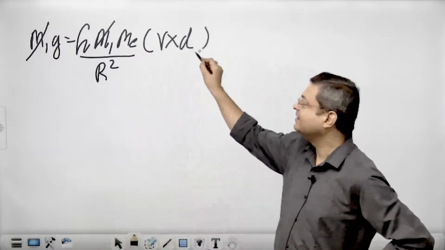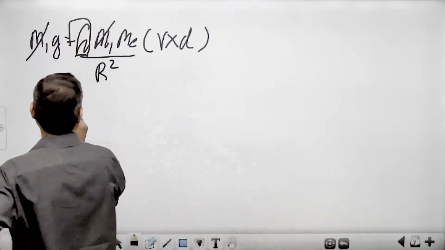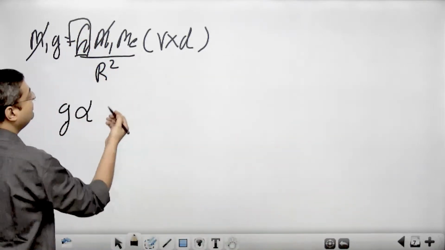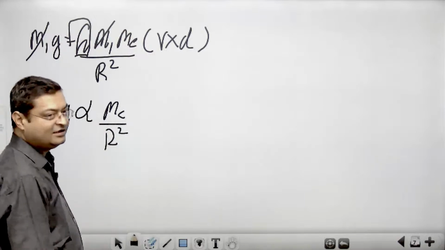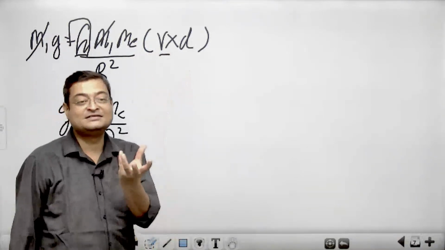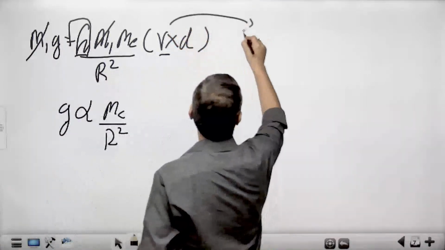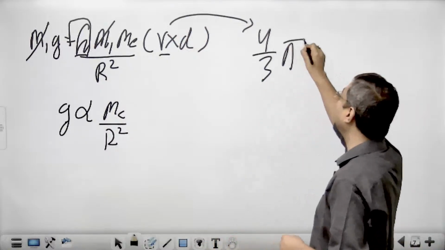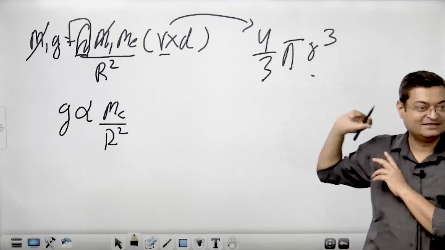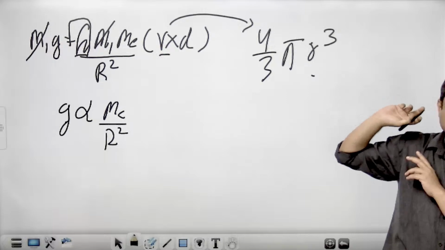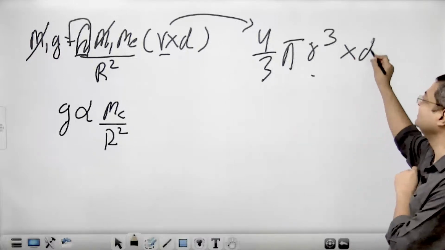ठीक है. Now this is universal constant. I can eliminate this also. So G becomes proportional to mass of the earth upon r square. What is the volume of a sphere? हाँ, अभी ठीक जा रहा है. Volume of the sphere is 4/3 pi r cube. कुछ याद आया? We used to study in some geometry. कब था? स्टैंडर्ड 9th मैथमेटिक्स. And then it is the factor of density d.